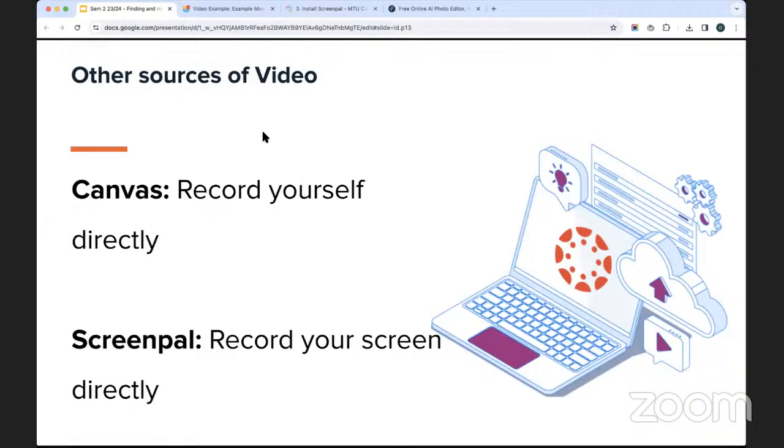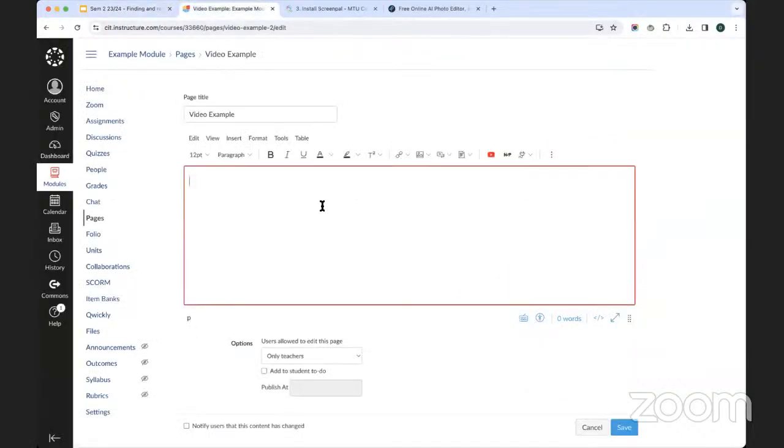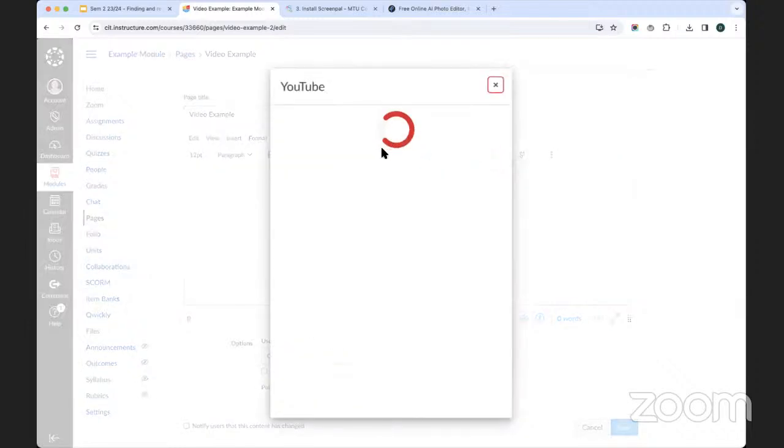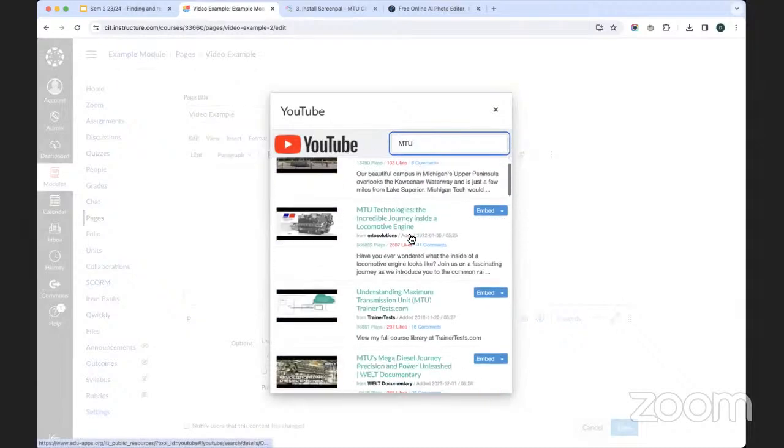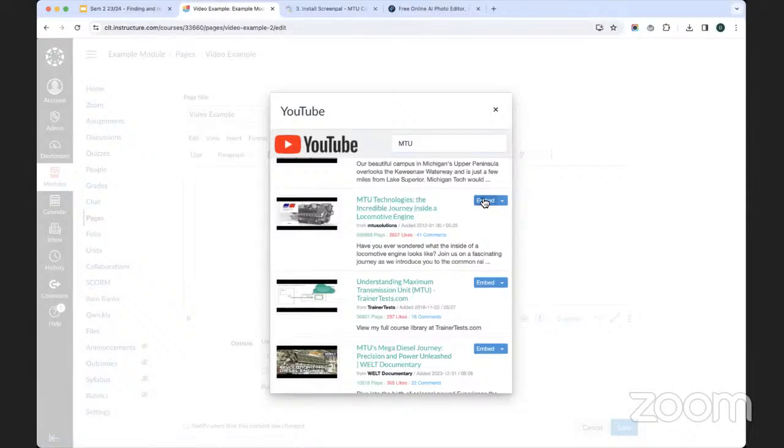In terms of using video material for teaching and learning purposes, there's a number of different ways of doing this in Canvas. If we want to use YouTube, a very effective way of doing so is, as you see here, I'm in a page, but this could be an announcement or a quiz, anywhere where this rich content editor is visible. We can click on the YouTube button, which is available up here, and that will let us search YouTube and enter a YouTube video directly into Canvas. So for example, if I look for MTU, I probably should have been more specific, but we'll just embed this one.